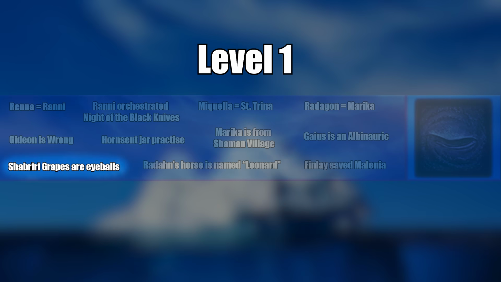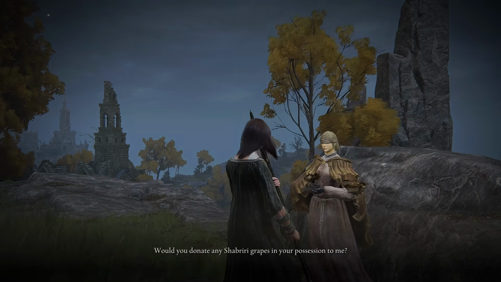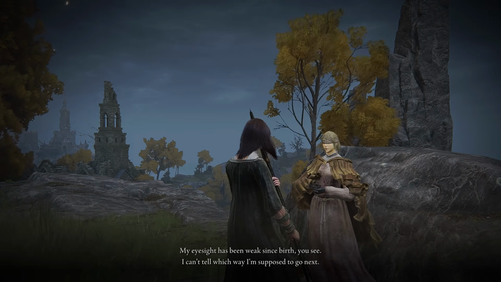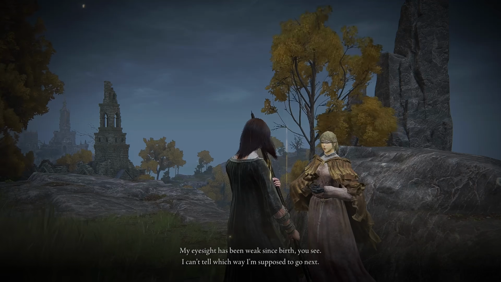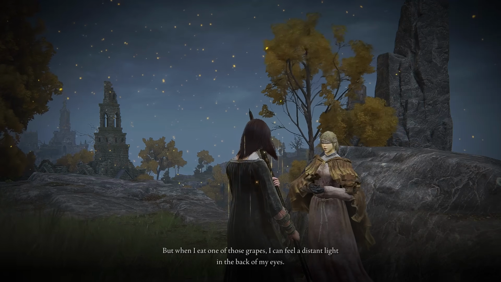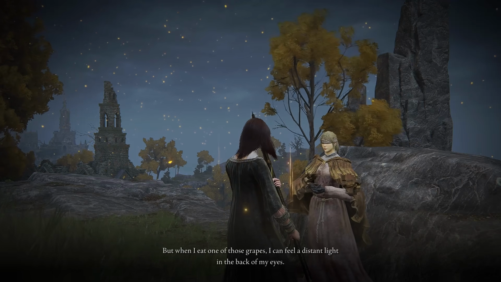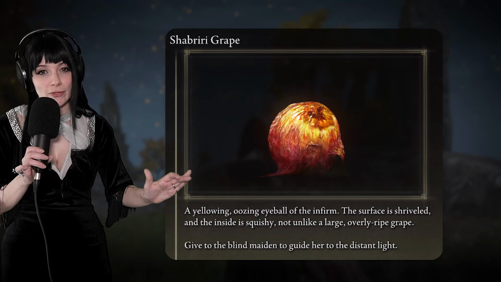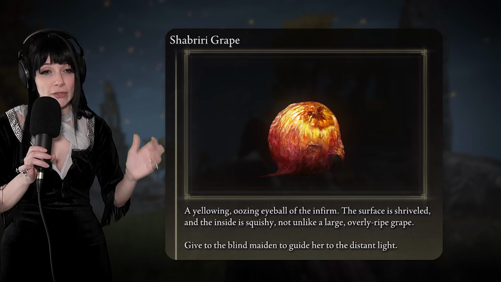Shabriri grapes are eyeballs. You can collect an item called Shabriri grapes and give them to Hyetta, a blind woman trying to fulfill her duties as a finger maiden. She claims that when she eats the grapes, she sees a guiding light, therefore asks you to help her by finding more. However, if you take the time to read the description for this item, it states that these are